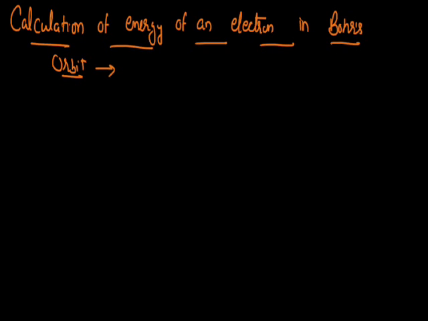Now, as we know, the total energy of any electron, if I symbolize it by the symbol E, will be the sum of the two energies contained by this electron, that is the sum of kinetic energy as well as potential energy. The kinetic energy can be given by the formula half mv square, whereas the potential energy can be indicated by the symbol minus kZe square divided by R.